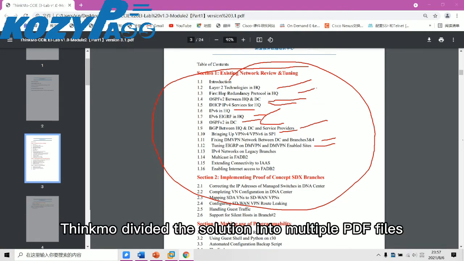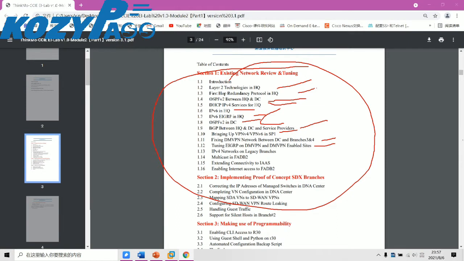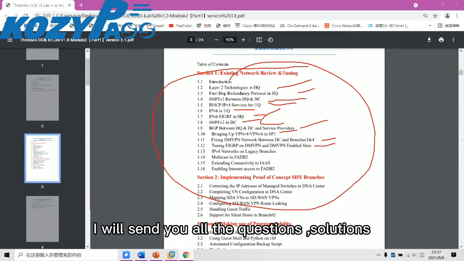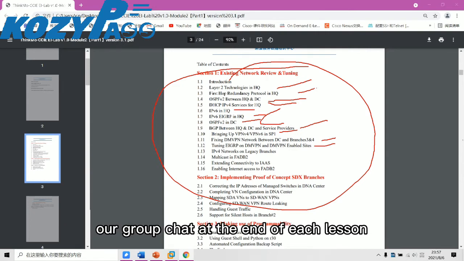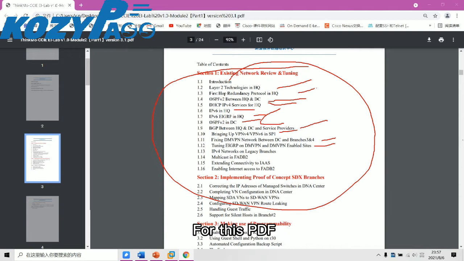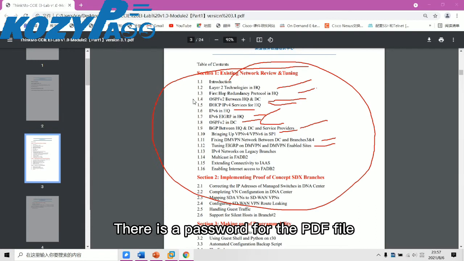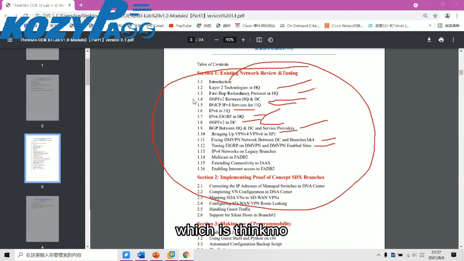Think More divided the solution into multiple PDF files. I will send you all the questions, solutions, and all the lab environments covered in each lesson to our group chat at the end of each lesson. For this PDF, I will send it to the group chat too. Kindly take note, there is a password for the PDF file, which is Think More. By the way,